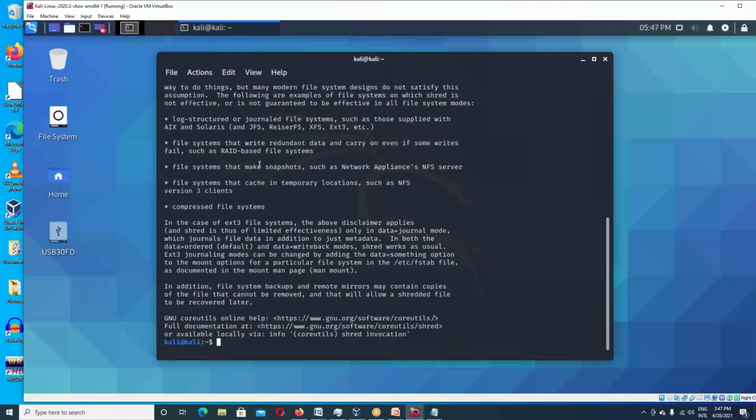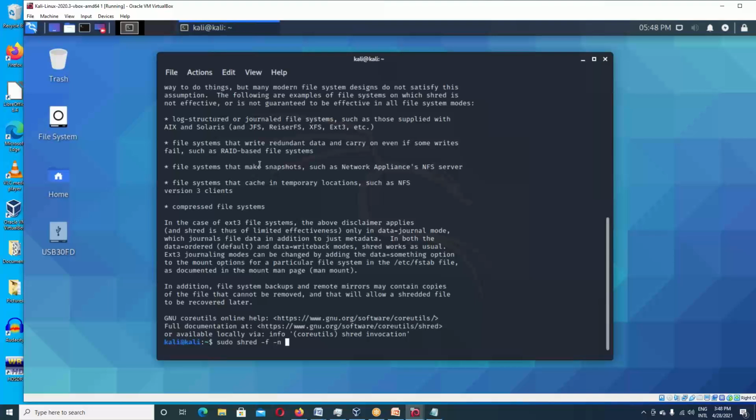What shred does is it takes a file and overwrites it multiple times so that it cannot be recovered. So what we could do is to take that file and write over it, and let's try it. So sudo shred. If you try to delete a file, it's still there, and a forensic investigator can still find a deleted file. Shred, though, overwrites the file, so it cannot be recovered. So shred, we're going to do a